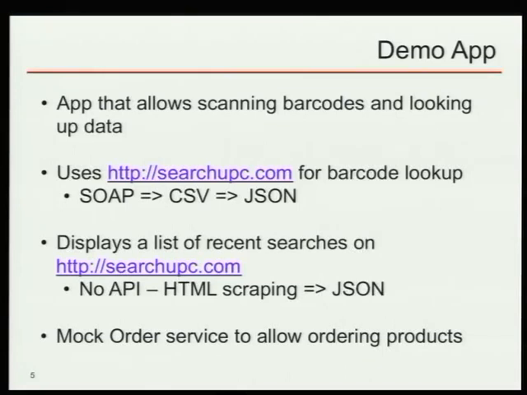There's also the ability within Search UPC to see the last 5 searches that anyone that has used their service has done. Now, that information is not available via their API. It's only available on their main web page. So we have a piece of functionality in here that loads the web page in an in-memory browser in the cloud, injects jQuery, and then pulls out the recent searches, to be able to display them in the application.